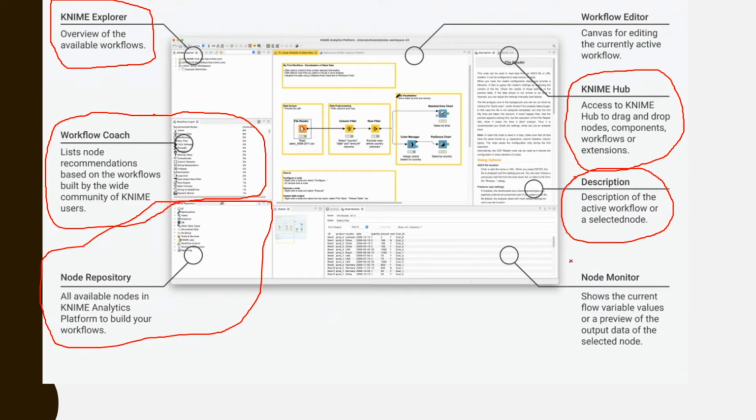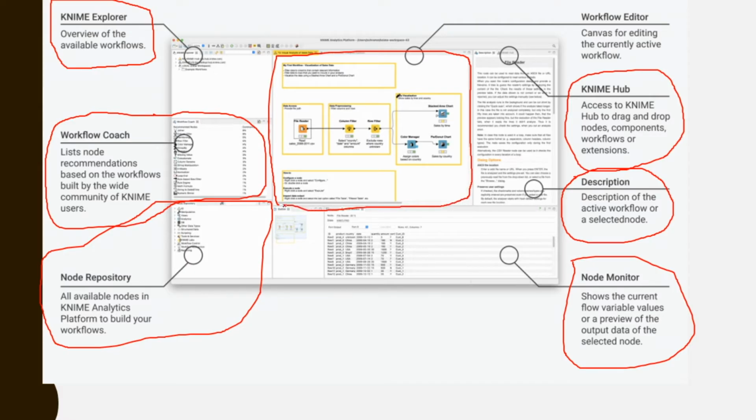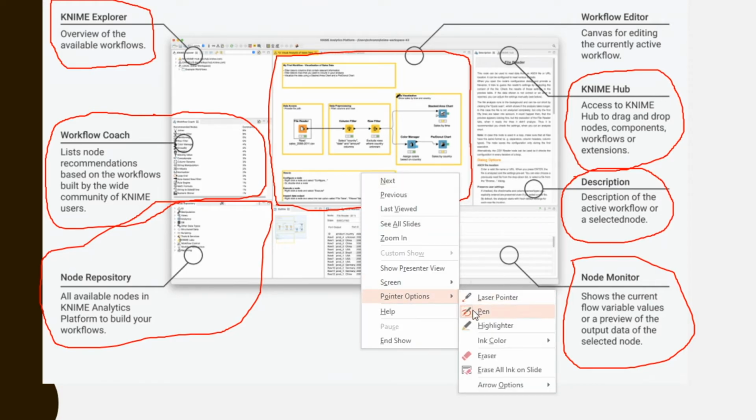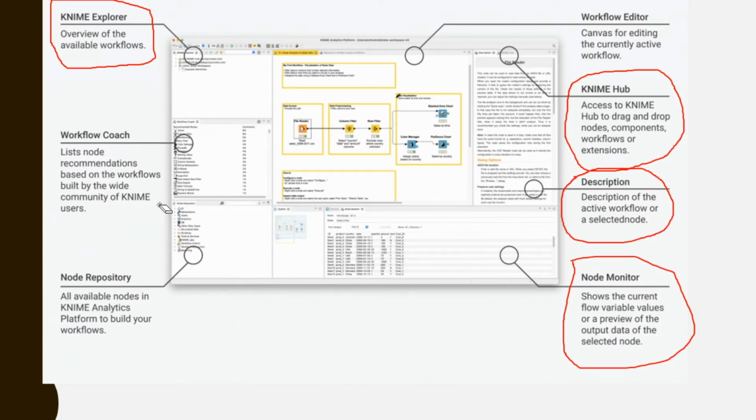Then we have a node monitor, which shows the current flow values. Whatever value you are configuring and whatever output has been executed, all the nodes can be monitored. The output sequence can be monitored in this node monitor. Then we are going to focus on an important section called the workflow editor. Like our sample flows in Node-RED, here also we have a workflow editor. This is the place where we are going to insert all the nodes. This is going to play a vital role.